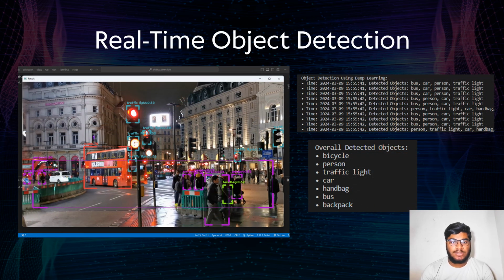Now let us take an example of real-time object detection, where we can see in the first video frame some of the objects have been detected, where the bus, traffic lights, persons and a handbag have been detected from OpenCV and the SSD MobileNet, with some of the COCO names being trained by the SSD MobileNet, where in the output we can see the object detection using deep learning